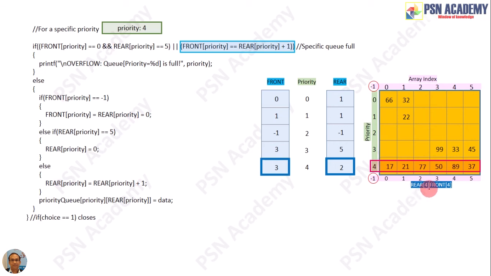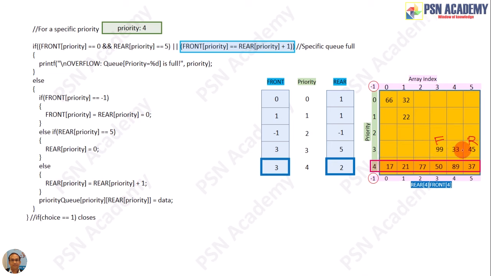Now how does it happen that front has gone beyond rear? In one of our previous videos on queue, I have explained how it goes like this. Those who missed that, I will give you a small demo. You take the example of priority 3. So here is your front and here is your rear.